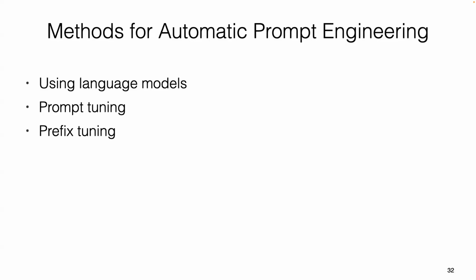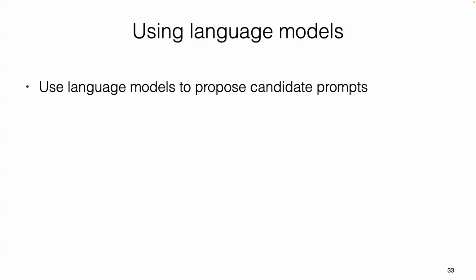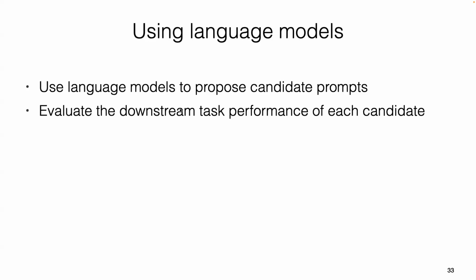Also prefix tuning, very similar. So one pattern for using language models is you have the model propose many different candidate prompts and you're trying to perform some task. Then you evaluate the downstream task performance with each candidate, and you can either stop there and choose the prompt that gives you the best performance, or you could even iterate. So you can reprompt the model and say, these prompts received the highest score, propose some even better ones,